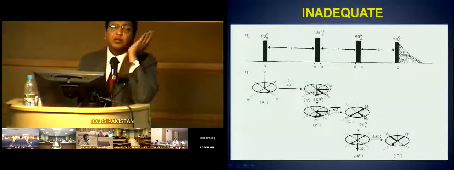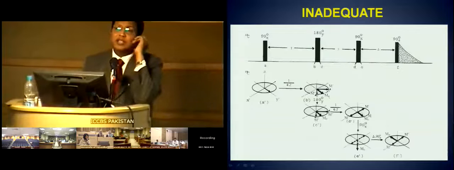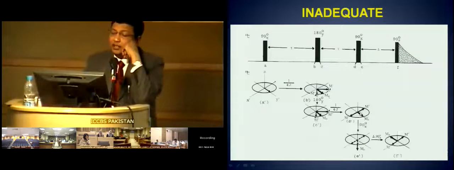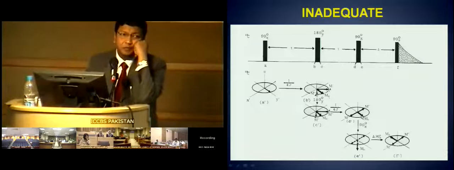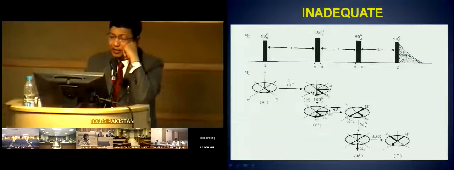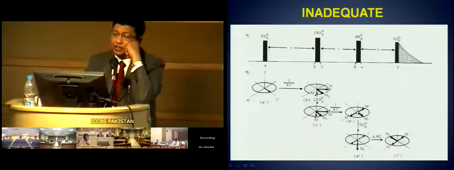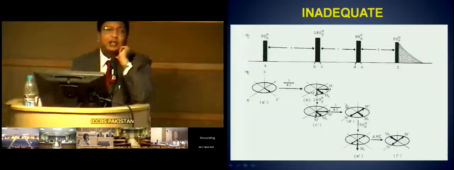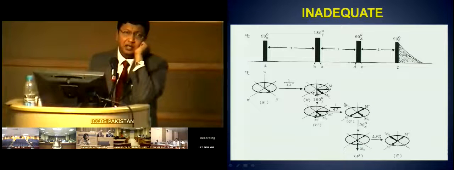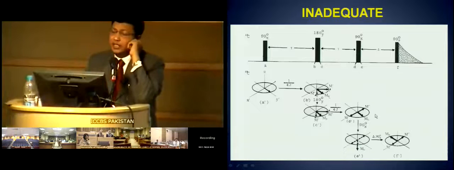Right? What would you do? Which pulse should you give which will eventually take this strong component out of the system? 90x pulse. The 90x pulse will not do anything with this. It will just take it to the Z plane. And remember, when it is on the Z plane, it is not observable. Therefore, what you see at the end of this experiment